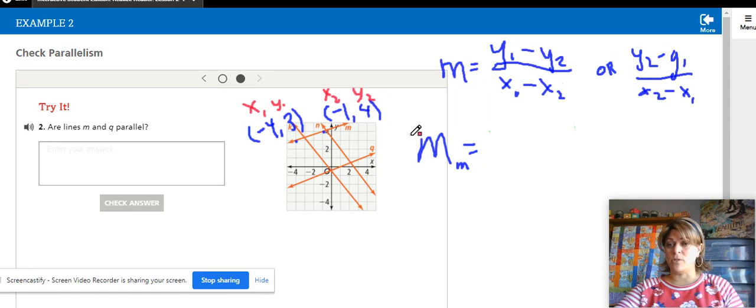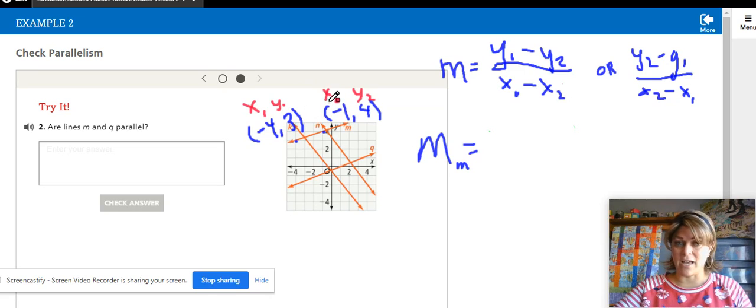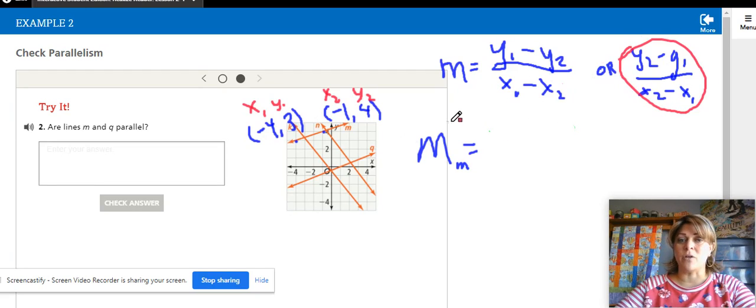Every single time you are using a formula with coordinates, if you are not really good at it by now, you need to be labeling these every single time. The more you label them, the more accurate you'll be. Since most teachers use this one, I'll go ahead and use that one. So I'm going to take y2, which is the 4, minus y1, which is the 3, over x2 minus x1,